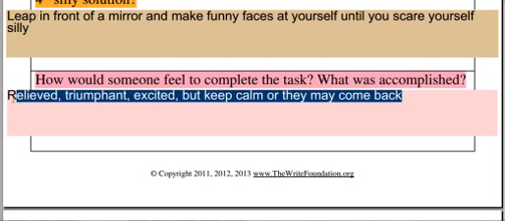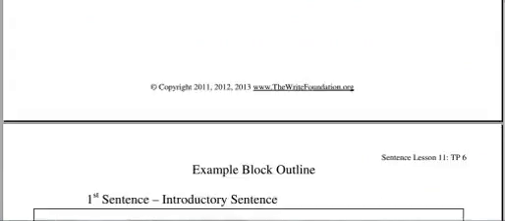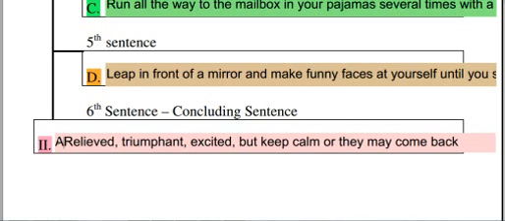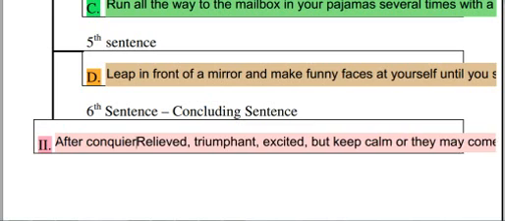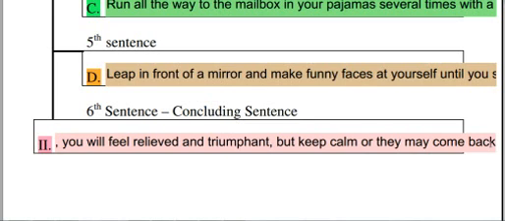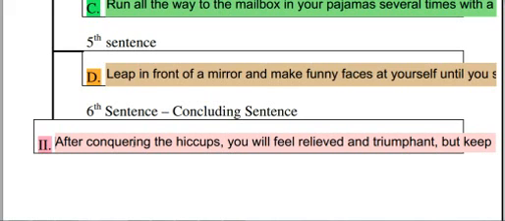And then we're going to take the pink. I'm going to go ahead and try and make this into a complete sentence after I put it into here. All right, so I'm going to say, after conquering the hiccups, you will feel relieved and triumphant. Okay, and then you want the rest of it there, but keep calm or they may come back. So with the way I adjusted it, that is now a complete sentence which you may use in your